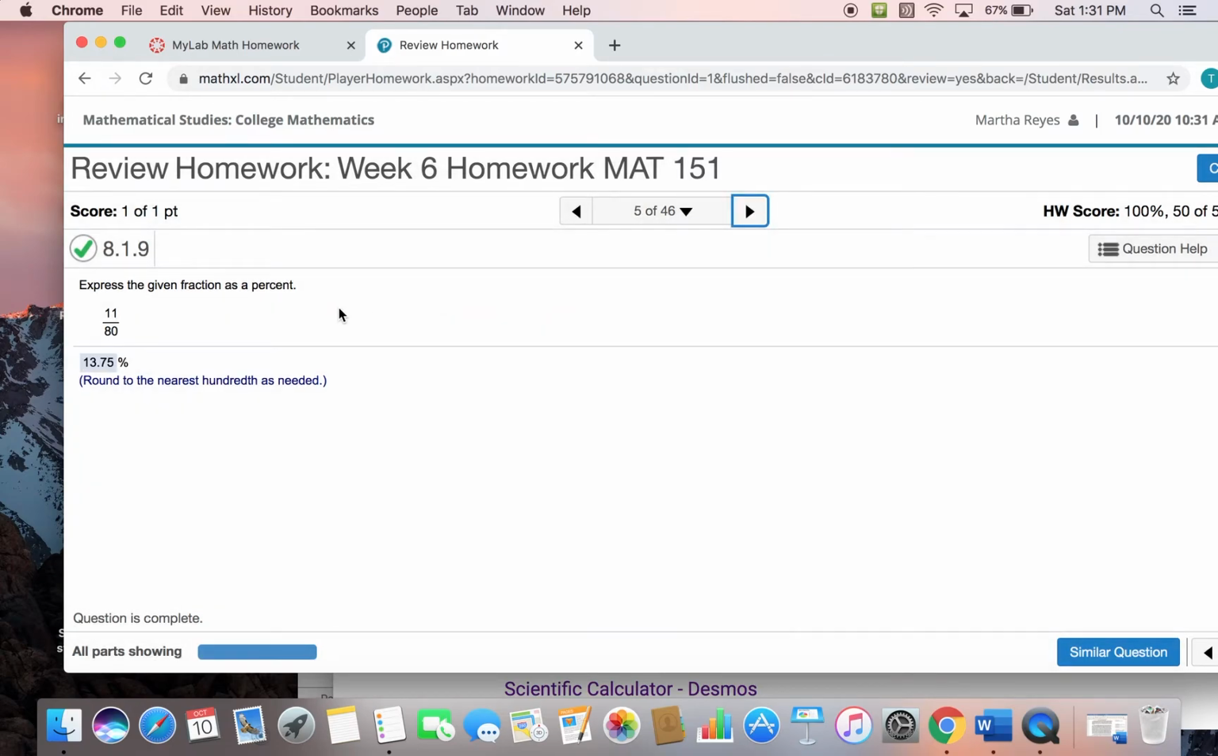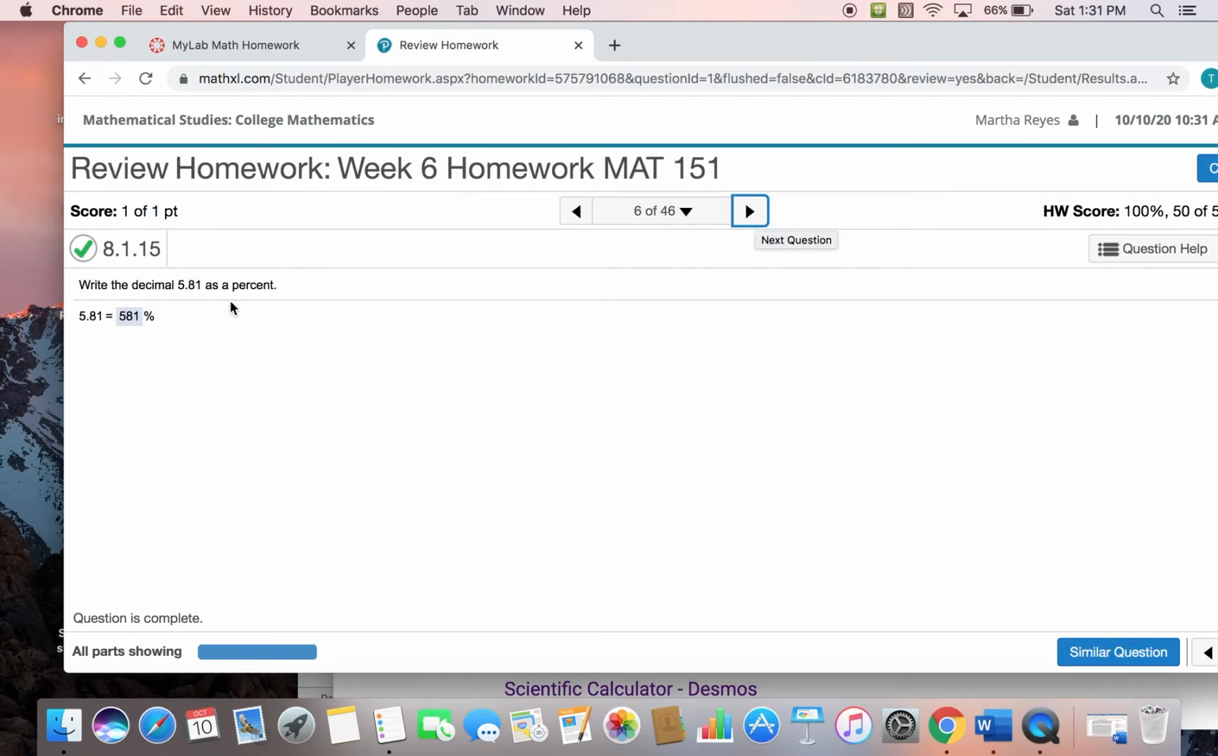Okay, 11 over 80, exactly the same thing. You divide 11 by 80, you get 0.1375. You move the decimal 2 to the right to get the percentage point. Okay, same thing here. Moving it 2 to the right to get 581% from 5.81. So if you see something like that, it can be over 100, right? If it were 10.81, it would be 1,081% when you move the decimal place 2 to the right to get